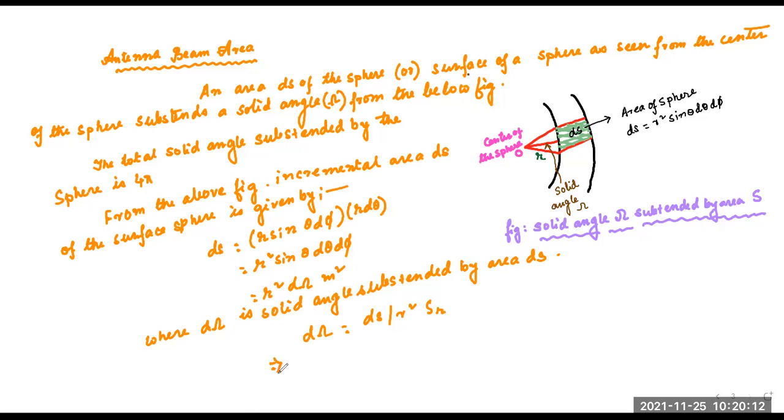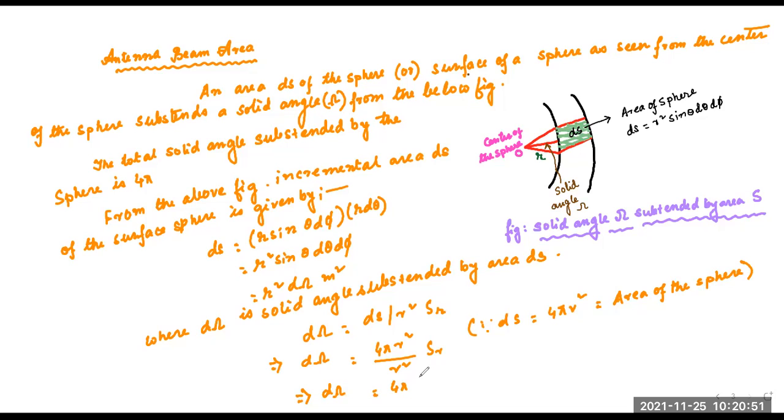That implies d sigma equals 4 pi r square by r square into steradian, because ds equals 4 pi r square, that is the area of the sphere. So that implies d sigma equals 4 pi, or can be written as